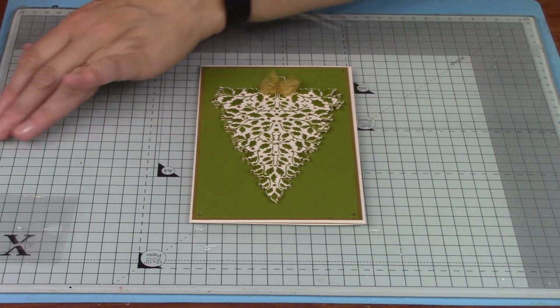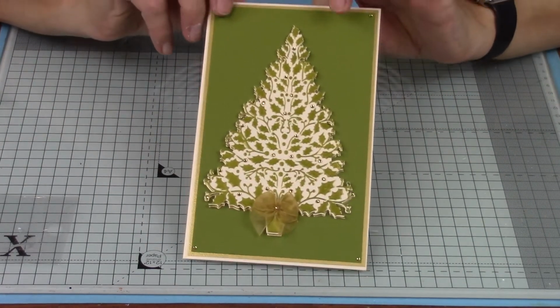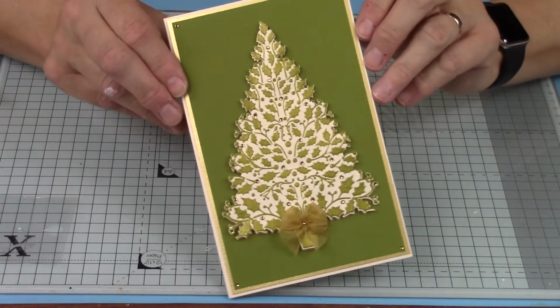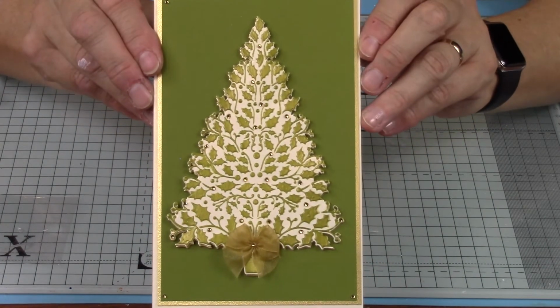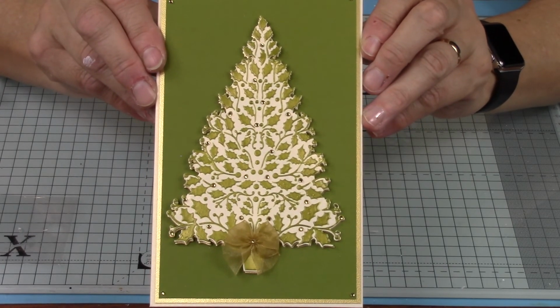So what we've got is a really pretty, there we go. And I hope you enjoyed that. And again, I'll post images up on the Facebook page. But there you go, quick, simple Christmas